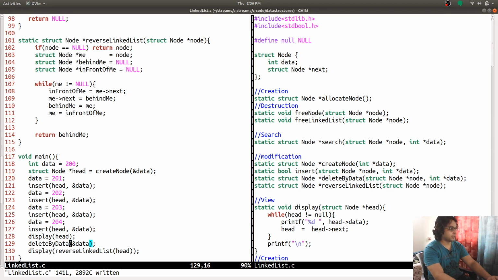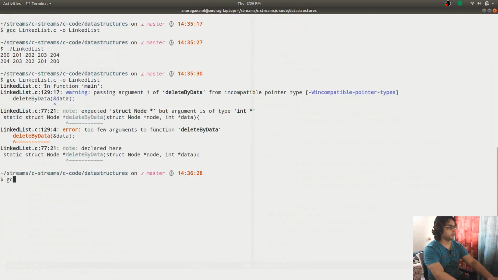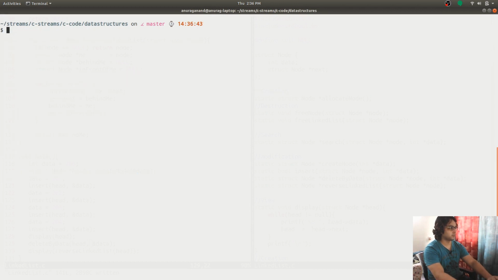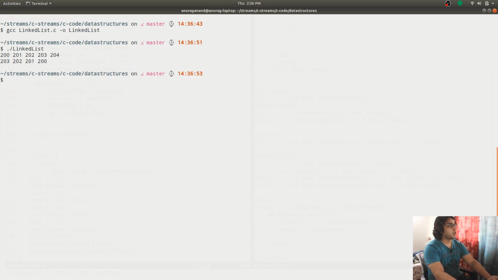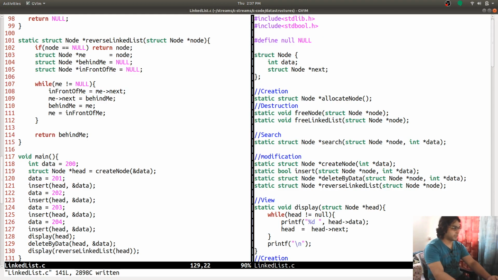Okay, I have to provide the node. So you see that the node with data 204 is not there in the linked list, and to change that I can also modify the data.